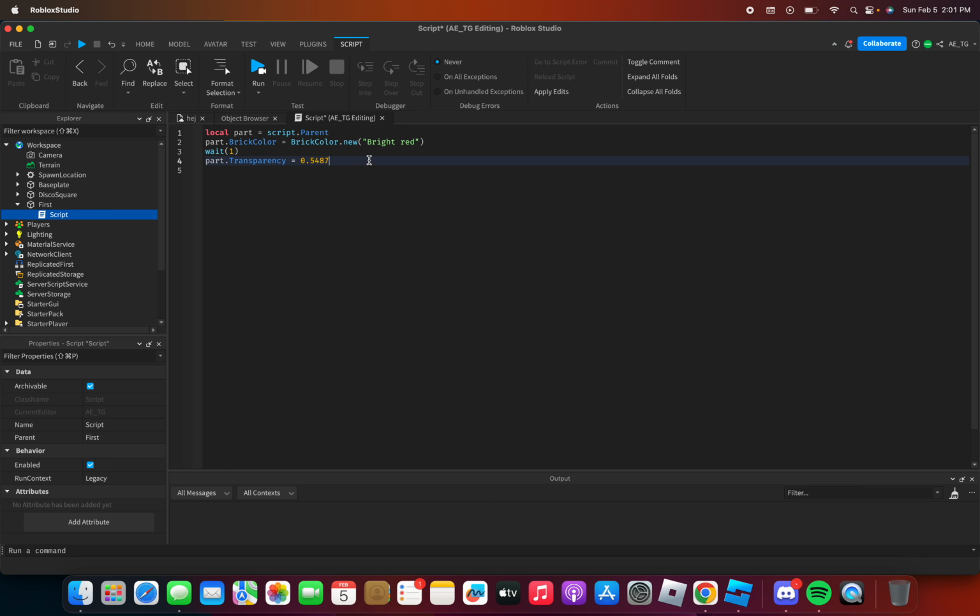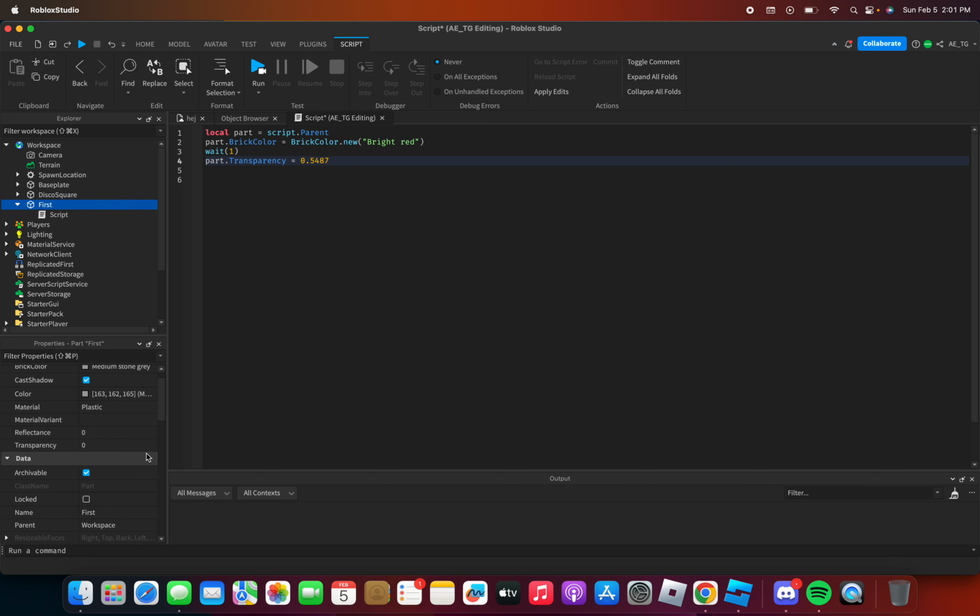Be very precise here. So just above, and you can do anything between 0 and 1, and you can do reflectance, you can do their material. So let's do that. Now we'll wait another second, turn the part transparency